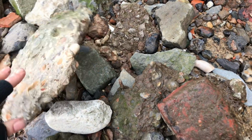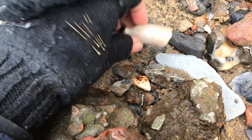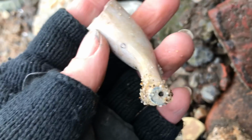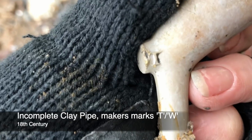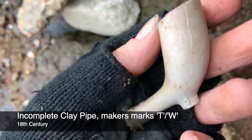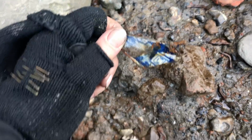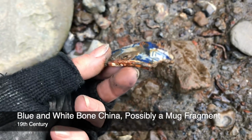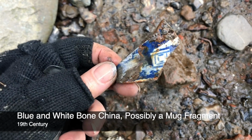Flip this bit of stuff up, and what have we got lurking down here? Another pipe. And this one has got some very clear maker's marks. TW. I'll see if I can find out who that maker is when I get home. Now, I don't normally go in for this, but I just flipped this over and it's more blue and white. So, as we seem to be going on a bit of a theme here today,